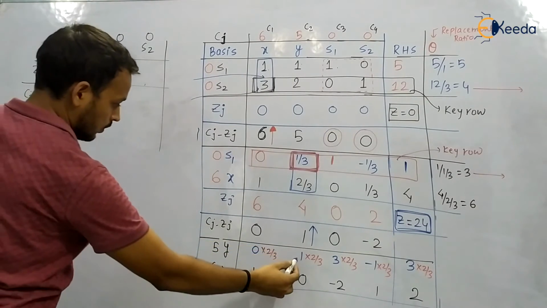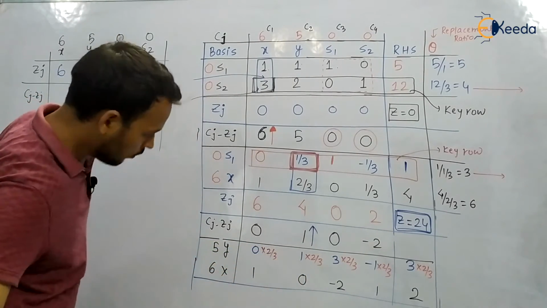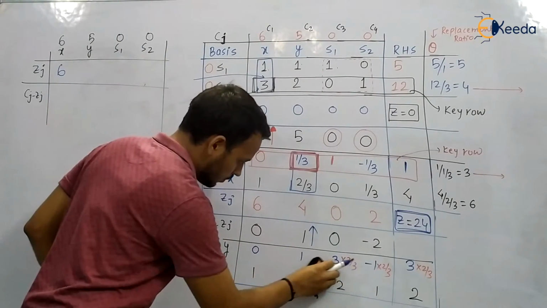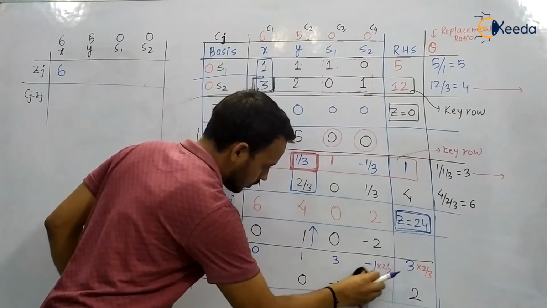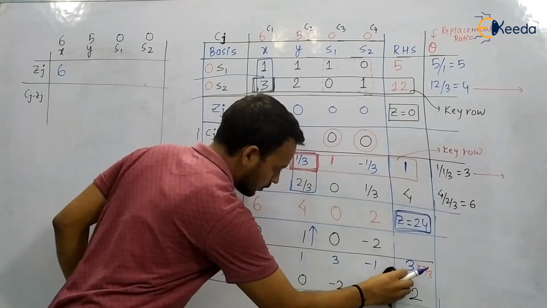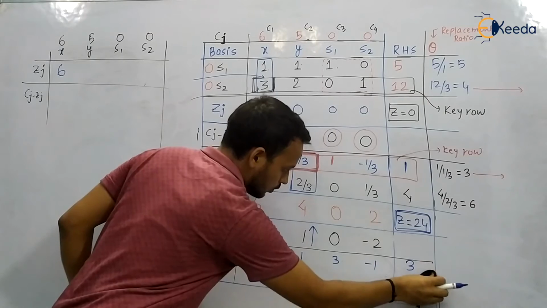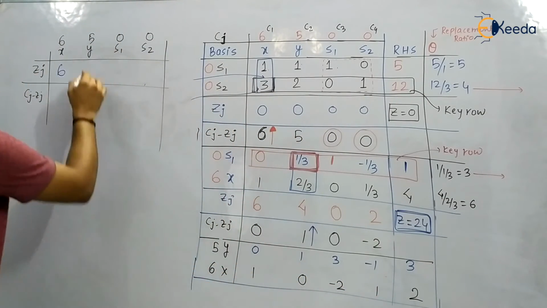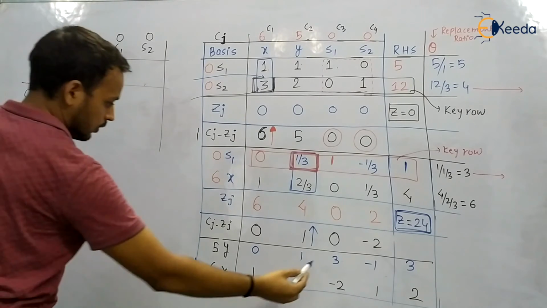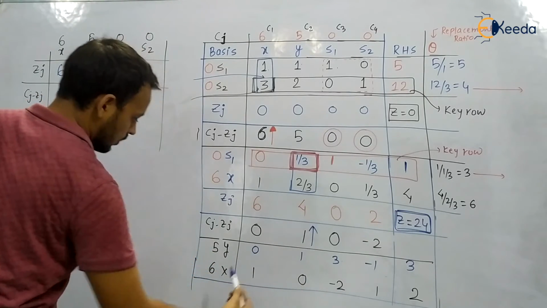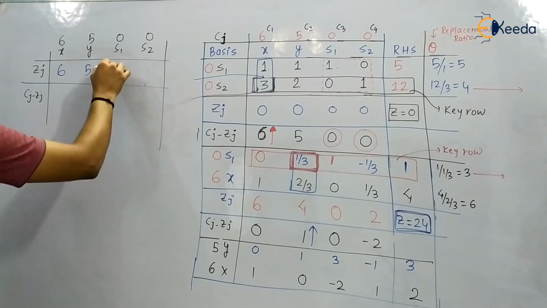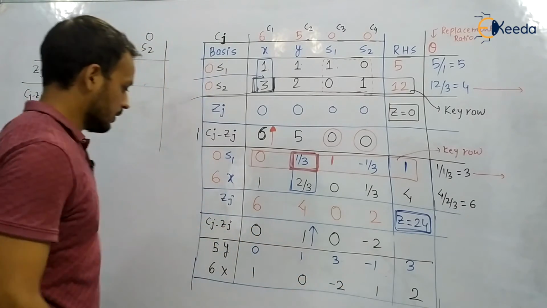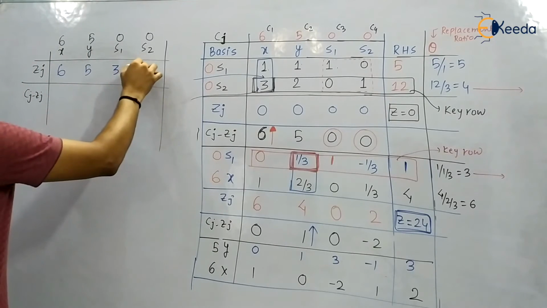So now you can remove this 2 by 3. It was only multiplied for doing the operations. Old minus new, you have to just check what we should do. Now this is 5. This one is 15 minus 12, you are going to get 3. And this is minus 5 plus 6, you are going to get 1.